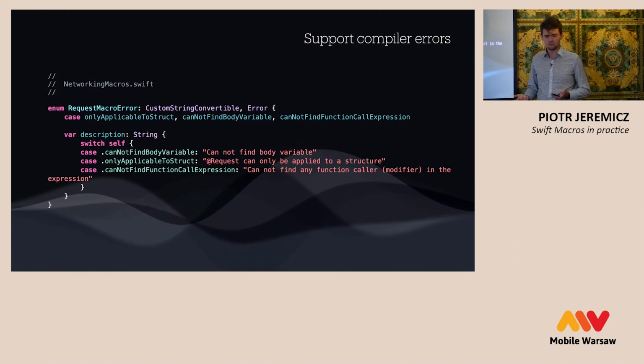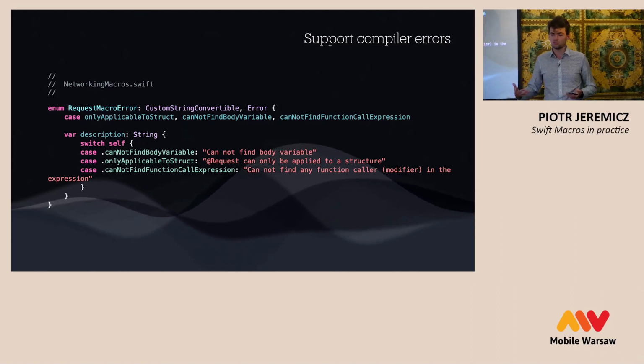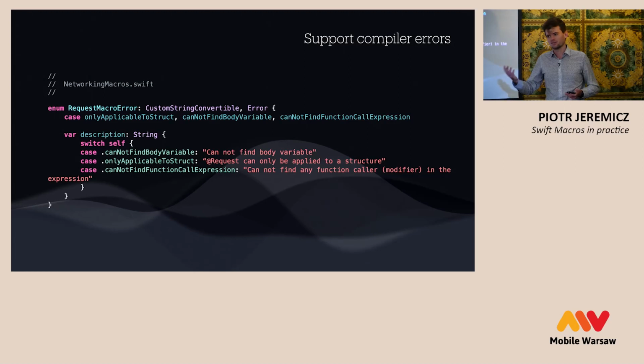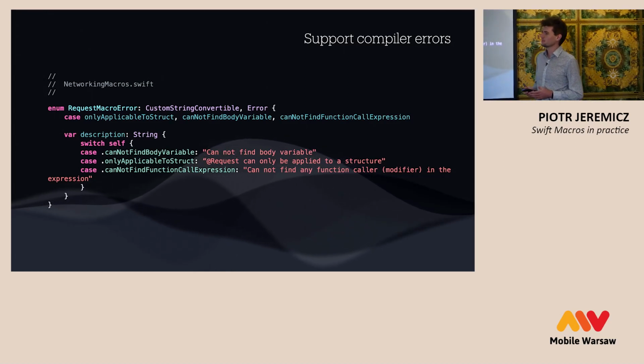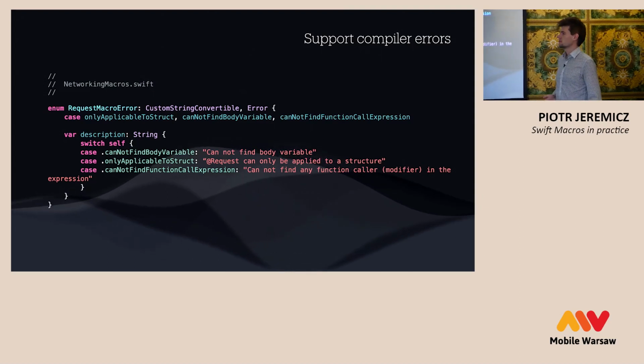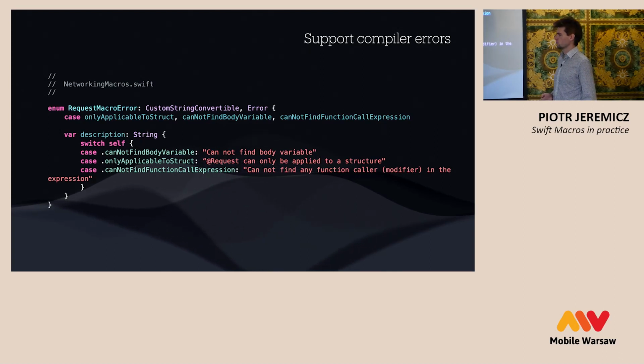If we are creating something, we should tell the developer, the end user, when she is doing something wrong. In that case, I have the enum that is the error, with inheritance, and I provide a description for 3 common errors that we will find in my implementation. The first one